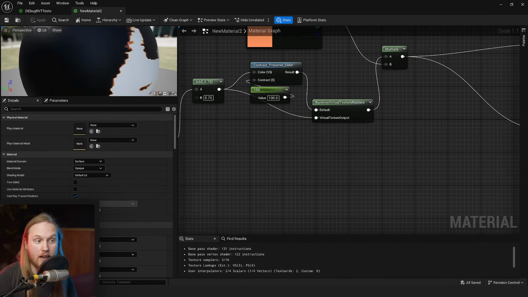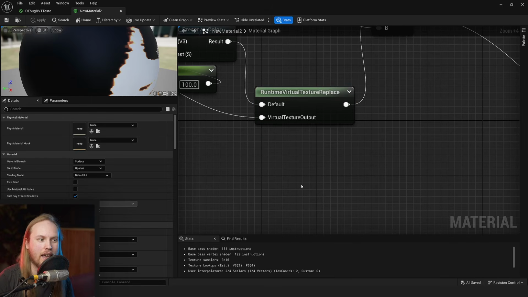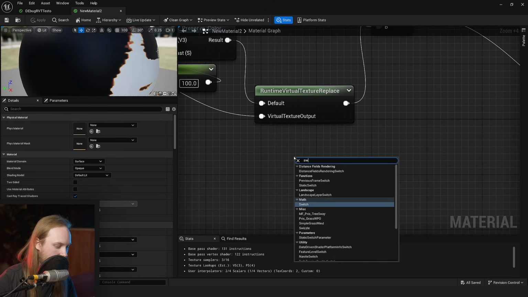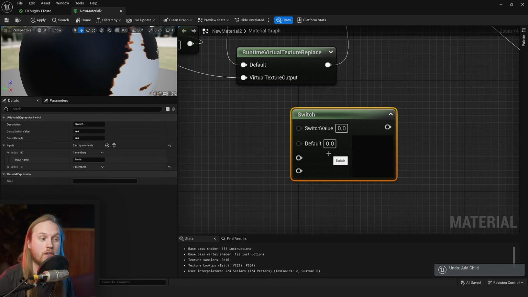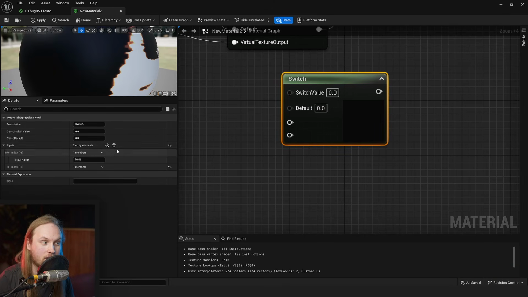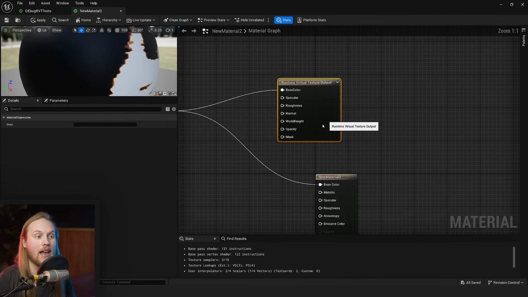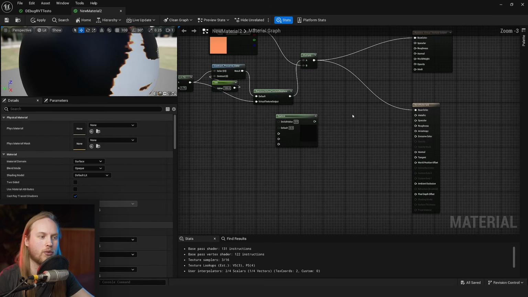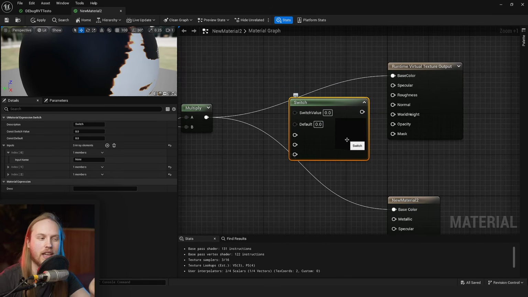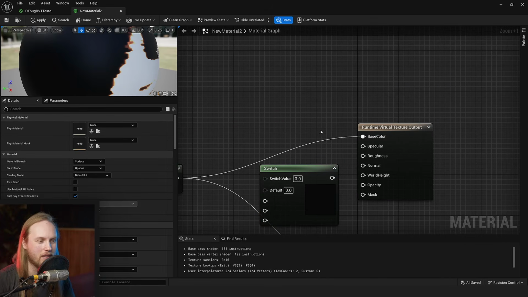One thing that would be really nice, honestly, would be a runtime virtual texture switch that was kind of like the new switch node, where you can add extra parameters. It'd be really nice if you could have a default and then add RVTs that it gets drawn to, and put it into here so that different RVTs could compile different shaders rather than having to duplicate the mesh and do a dummy RVT drawer. So you could just do an all-in-one to multiple different RVTs. But again, that's